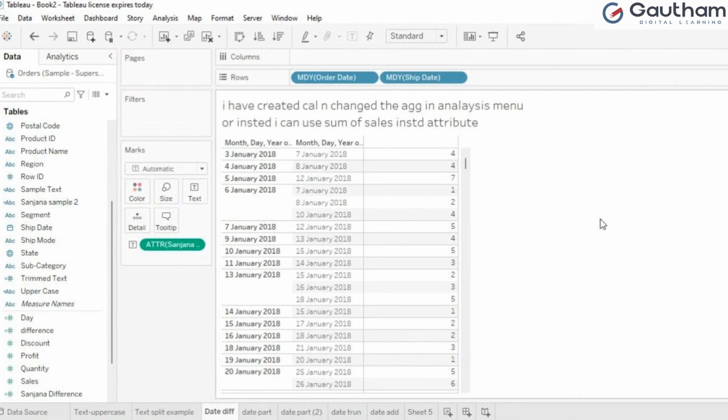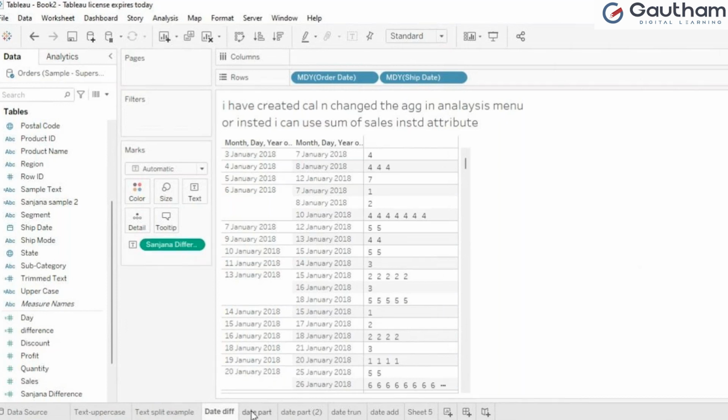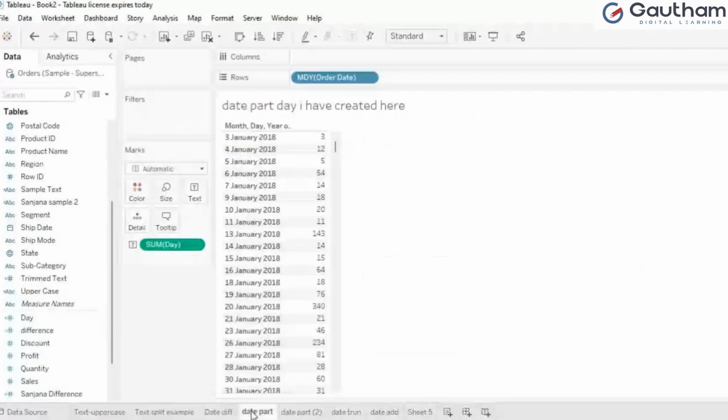If you wanted to see, go to analysis. Before going to analysis, at the same view itself, twice we cannot create any calculation, right? Table calculation. So that's why go to measures, whatever measure you want, sum or average, anything. Click here, then go to the analysis bar, then deselect that one. Okay, this way you can play with the date difference. Now in this, here I have created date part. How can we see, suppose in the data, order date, see, let me close this.